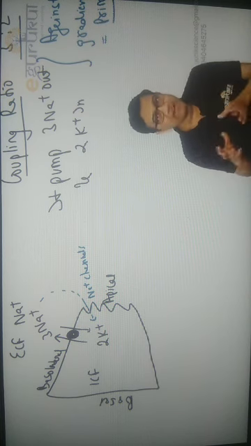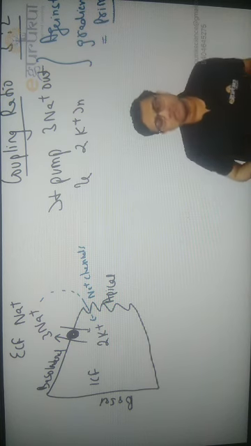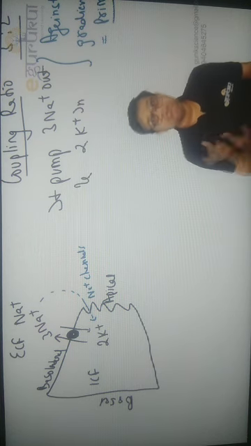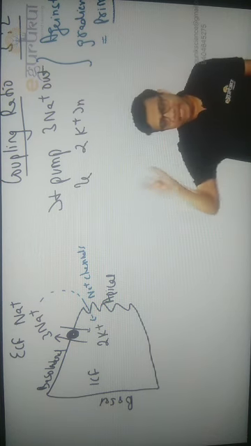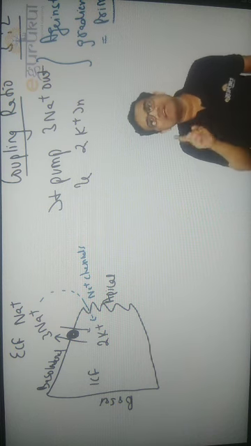For example, we have a water tank. When you open the tap, the water comes. But how does the water always go back to the tank? The answer is there's a motor. The motor pumps the water to the tank, and the tank, using gravity, lets the water flow into the tap. So that's why the cycle will continue if the pump is operational.